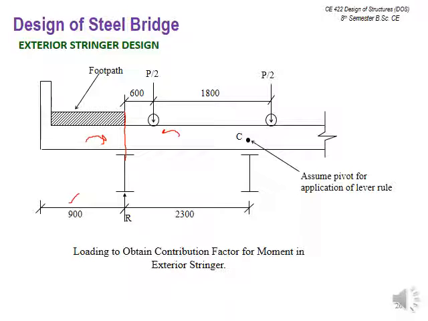So we can take the first interior as the pivot point for calculating the moment. Considering that, within that particular limit of 2300 spacing, that wheel will be out. For the loading, we fix 600 from the edge of the curb to the center of the first wheel. That should be 600 millimeter. So P by 2 we are considering, and 1.8 meter is the internal distance between the two axles. Here it is going outside. If we keep this limit, only that wheel and that reaction count.